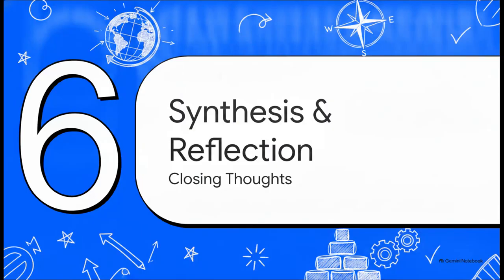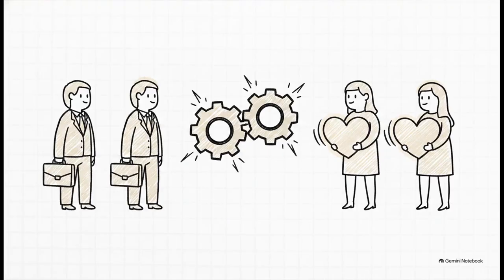And finally, Section 15.6, Synthesis and Reflection. As we bring this capstone explainer to a close, let's zoom back out to the daily realities of leadership. You will always be managing what's called the NGO dual management dynamic. This is the constant friction and negotiation between a highly professionalized executive staff on one side and a passionate, volunteer governance board on the other. Navigating this push and pull gracefully is the true hallmark of a great executive.